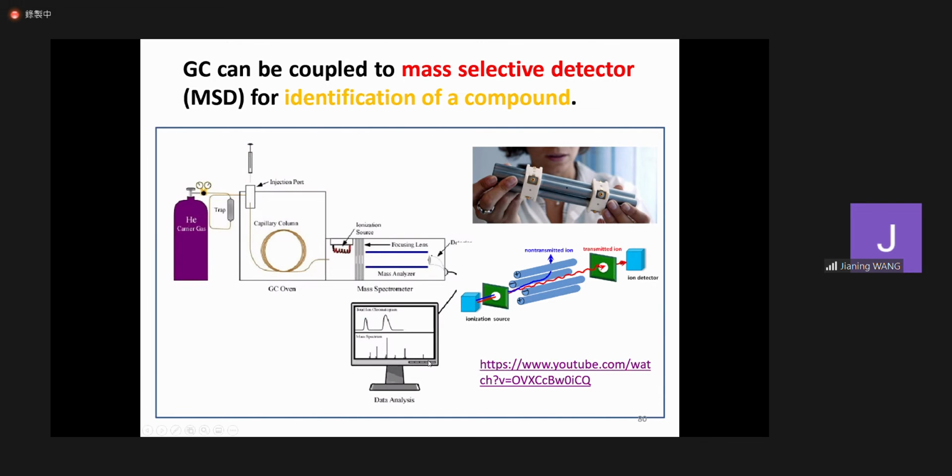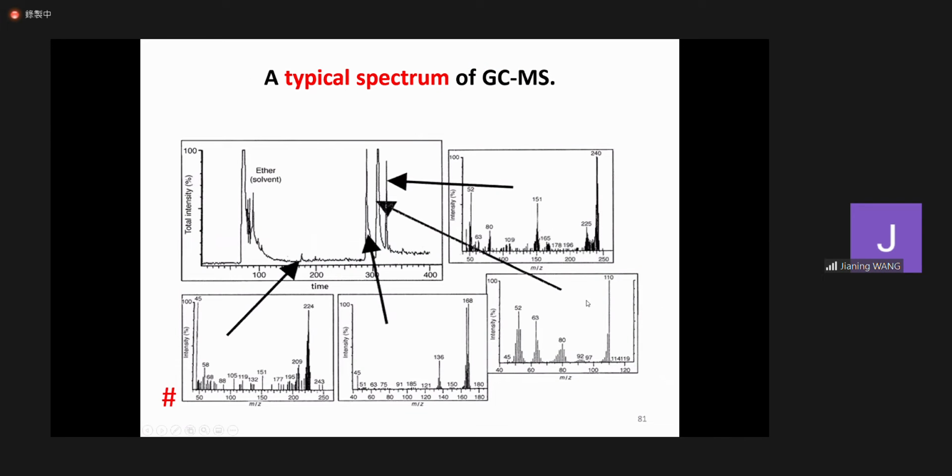So if we use a mass spectrometer, we can do a second step of separation based on the molecular weight difference, and then detect the quantity. So if we use the MS method, we can